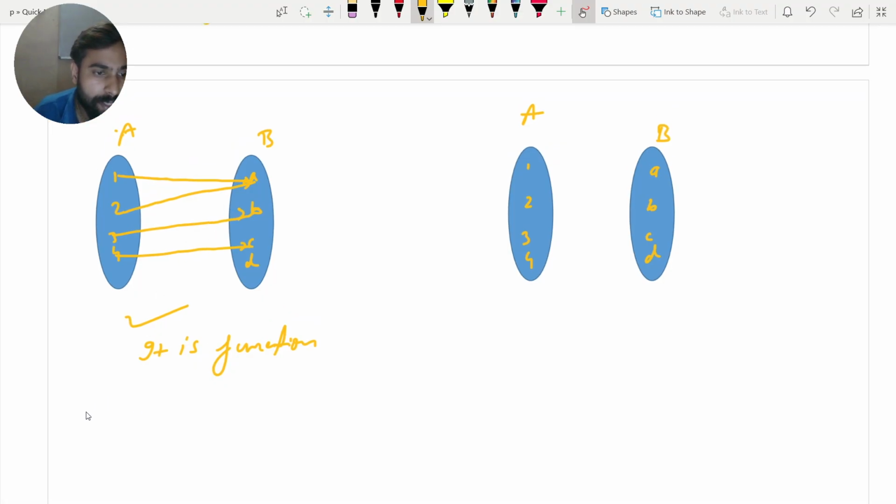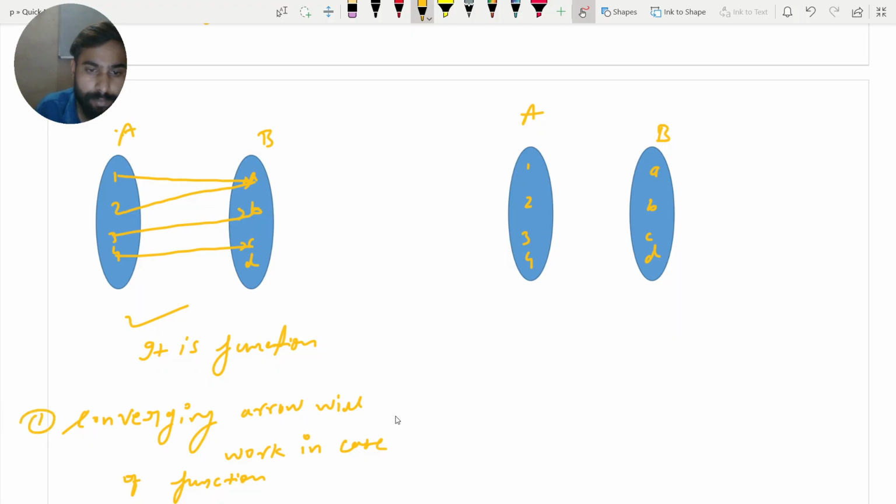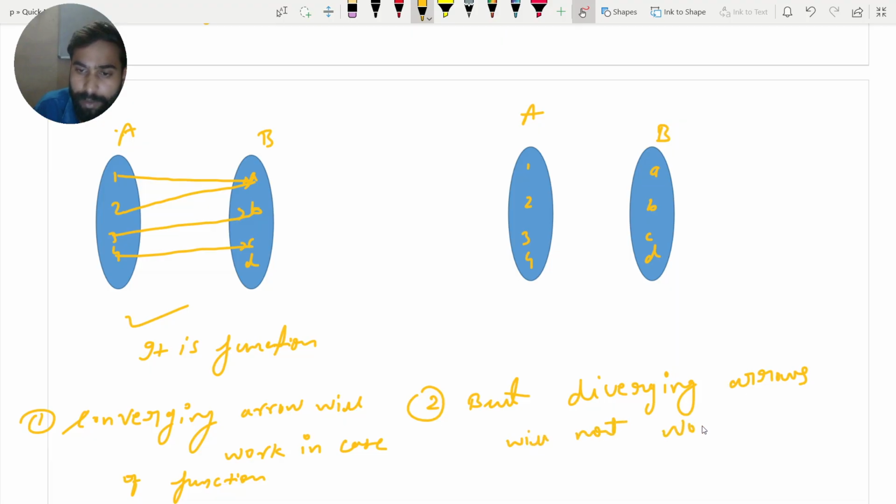So the conclusion says converging arrows will work in case of a function, but diverging arrows will not work.